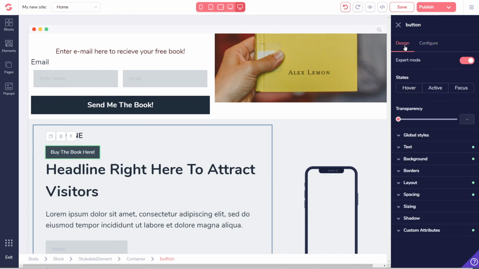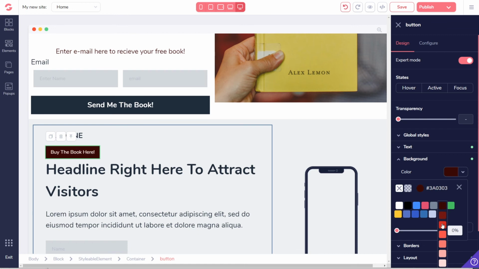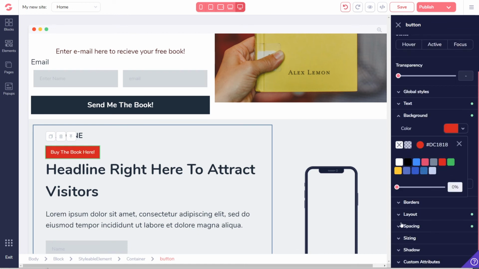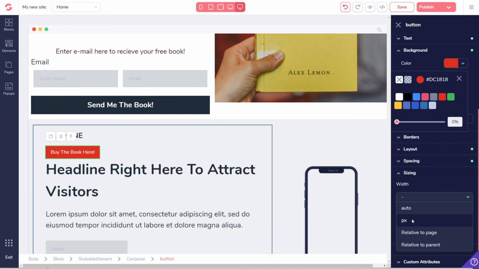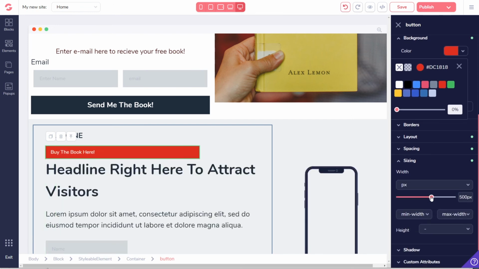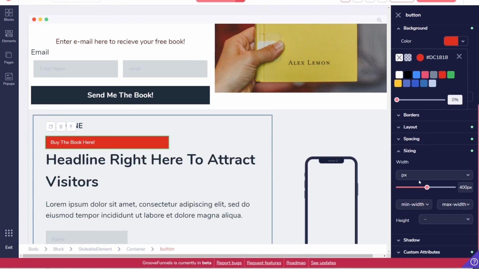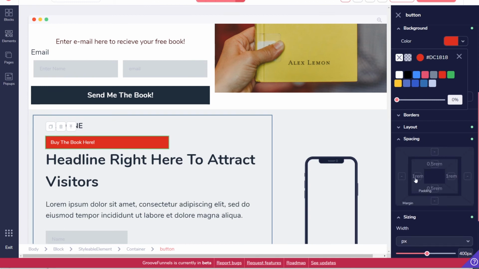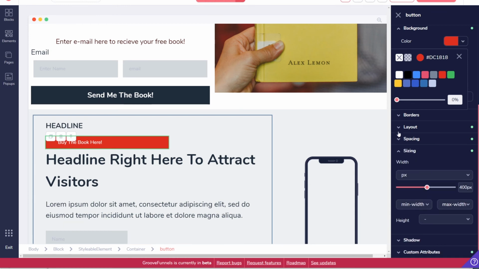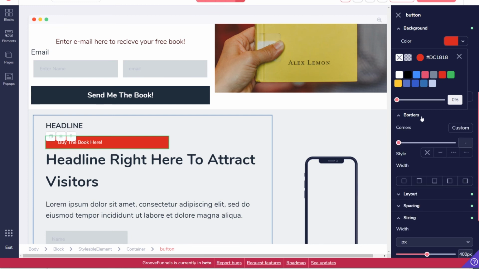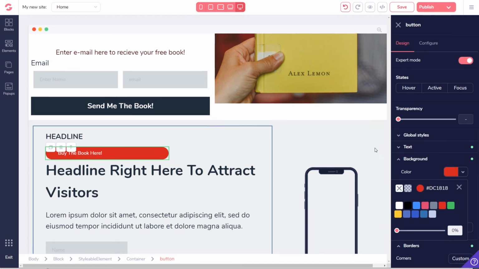Let's make this button a little prettier. Background, make it a nice red button. And make it a little bit bigger. Pixels, make it a little bigger. Buy the book here. Percentage. Spacing. That's for that. Don't like that. Okay, spacing, layout. Borders. This makes it rounded edges. Okay. Alright, we'll save that